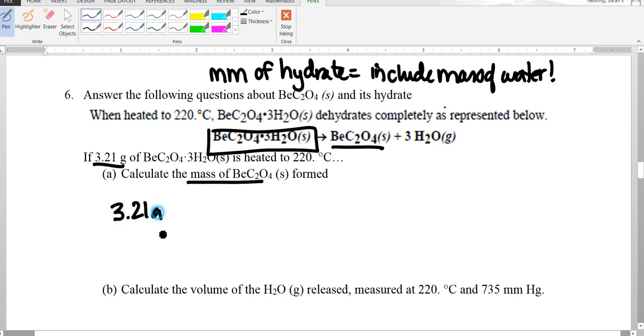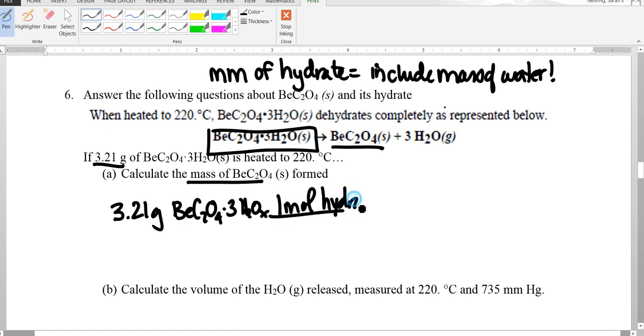So 3.21 grams of my hydrate. I'm going to write this whole thing out just to make sure we know what we're talking about here. First step is always going to be convert grams to moles. So 1 mole of my hydrate, I'm just going to write hydrate because that's easier than writing out the whole formula. If I add up the beryllium, the carbon, the oxygen, the H's, and the O's, if I add those all up, I end up with 151.03 grams. Okay, and if I look at my mole ratio, it looks like 1 hydrate, because there's one of these, makes 1